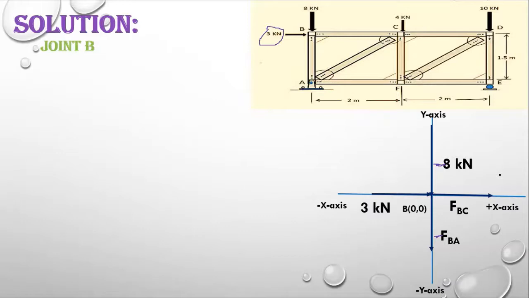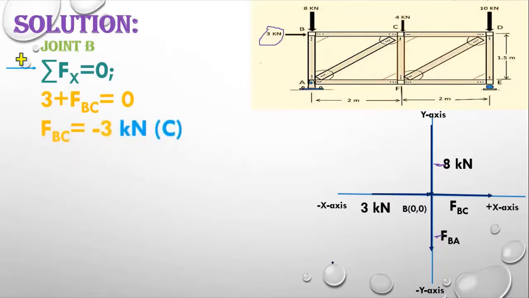So if you have drawn the member forces on the free body diagram, we are going to solve summation of the horizontal forces. So plus 3 kilonewton plus FBC, the equation comes. You can see 3 plus FBC equals 0. FBC equals -3 kilonewton. If it is coming out to be -3, what does it mean by that? The member force is compressive in nature.